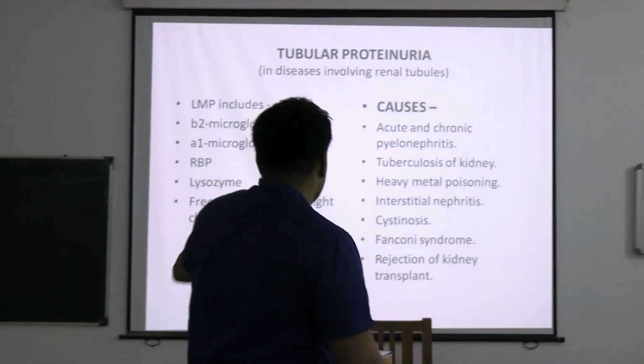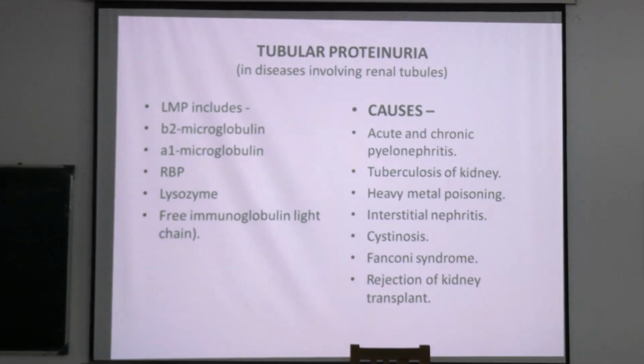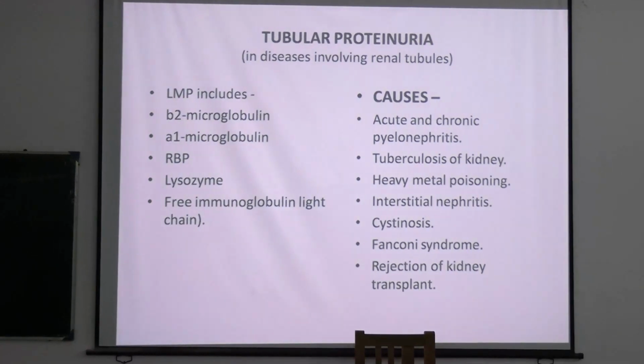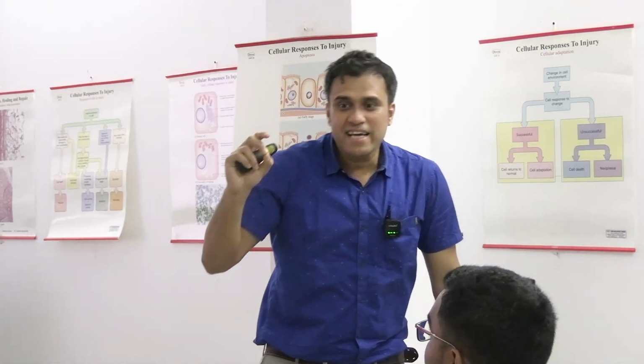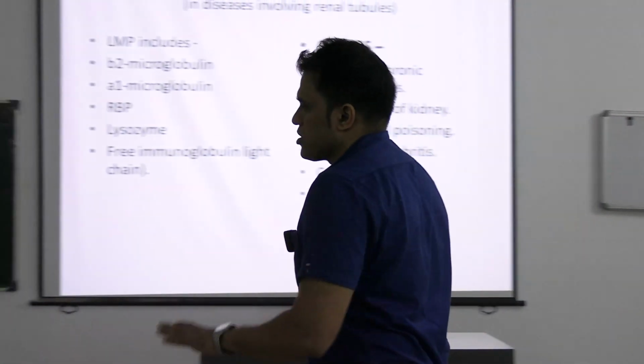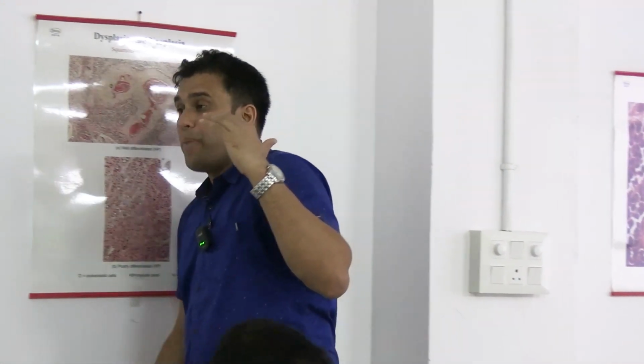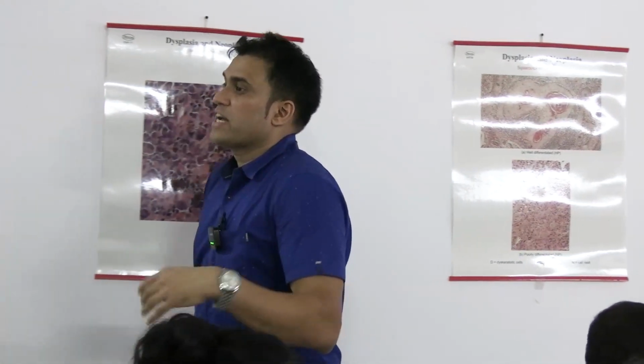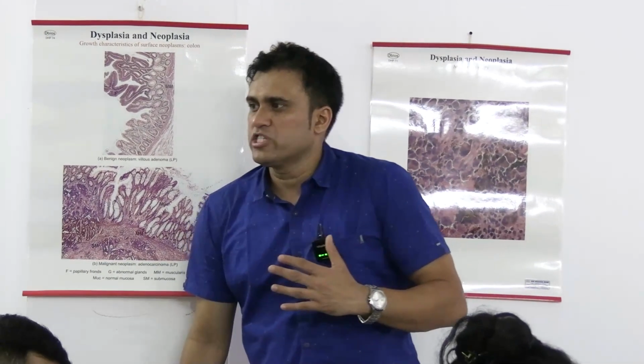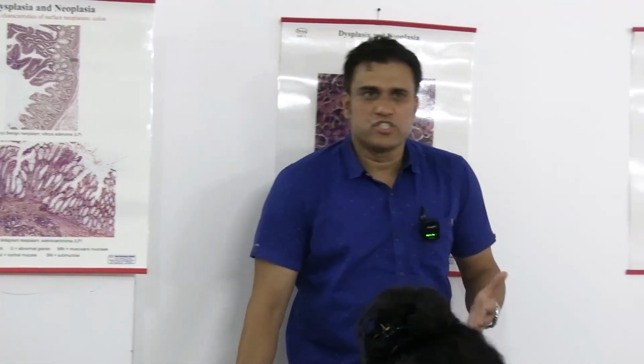Coming to tubular proteinuria. What is tubular proteinuria? It occurs in diseases involving the renal tubules. I have explained earlier, in the previous class, that of what is filtered from the glomerulus, the maximum is reabsorbed by the proximal convoluted tubules. So, technically, there should not be any excretion. Now, in tubular proteinuria, the glomerulus is maybe filtering well, but the tubule is not reabsorbing. So, here the pathology lies maybe in the proximal convoluted tubules. So, the pathology lies in the tubules.